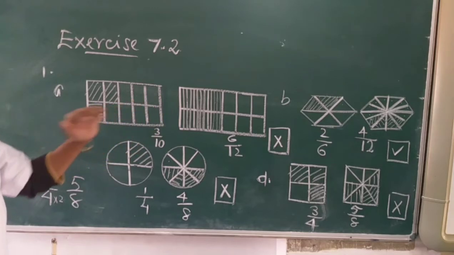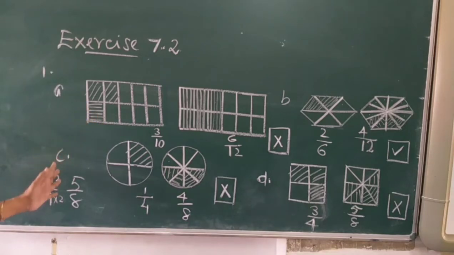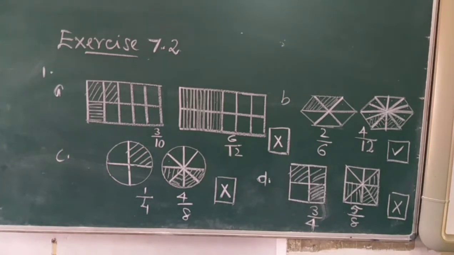If they are equivalent, after multiplication these two represent the same number, same fraction. See, this 3 by 4, we multiply by 2 on both numerator and denominator. We didn't get this 5 by 8. That means these are not equivalent fractions. Understood? Okay. You will do all these things in your textbook. The textbook will say that. Next is